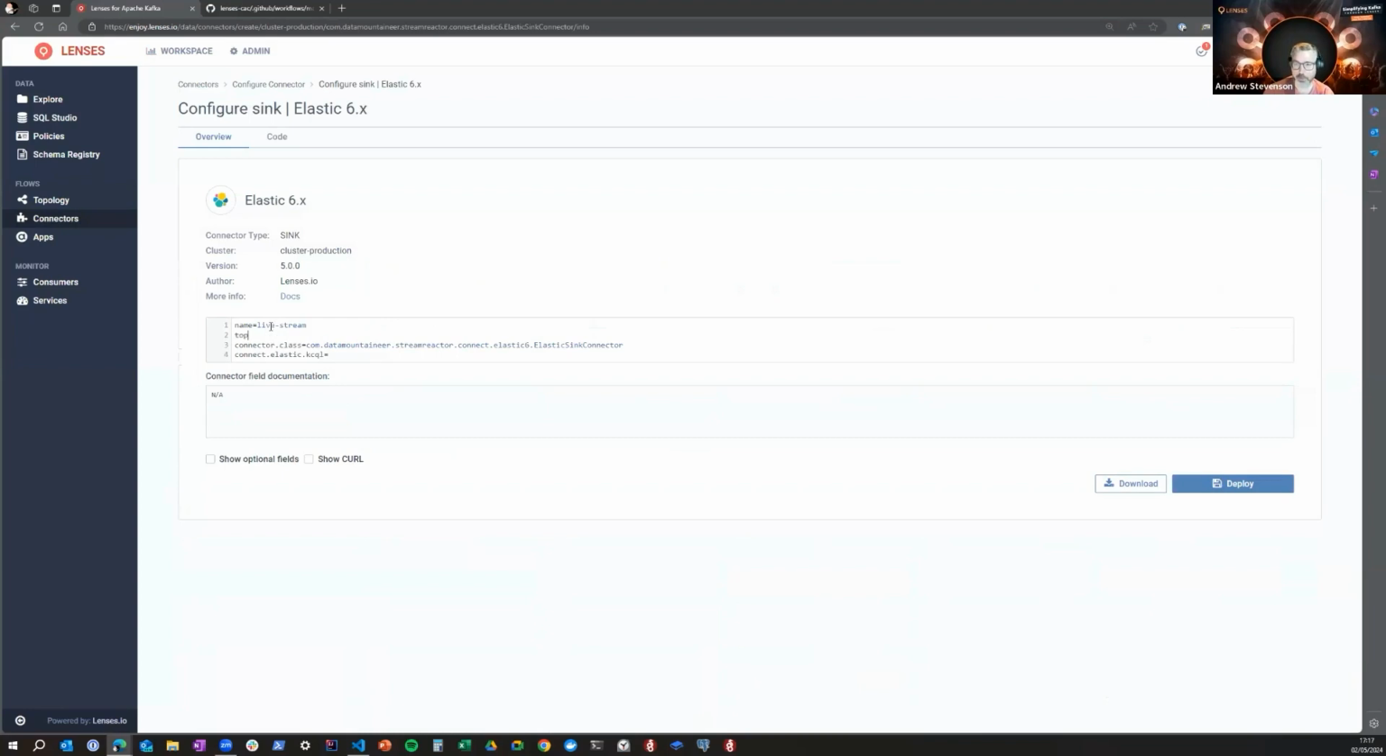And then I want topics, and my topics is, I can remember what topic I need, IoT system stats. And now we've got our KSQL statement. So this is telling the connector what data we want to take from Kafka and also where we want to write it to in Elasticsearch. So we want to go into